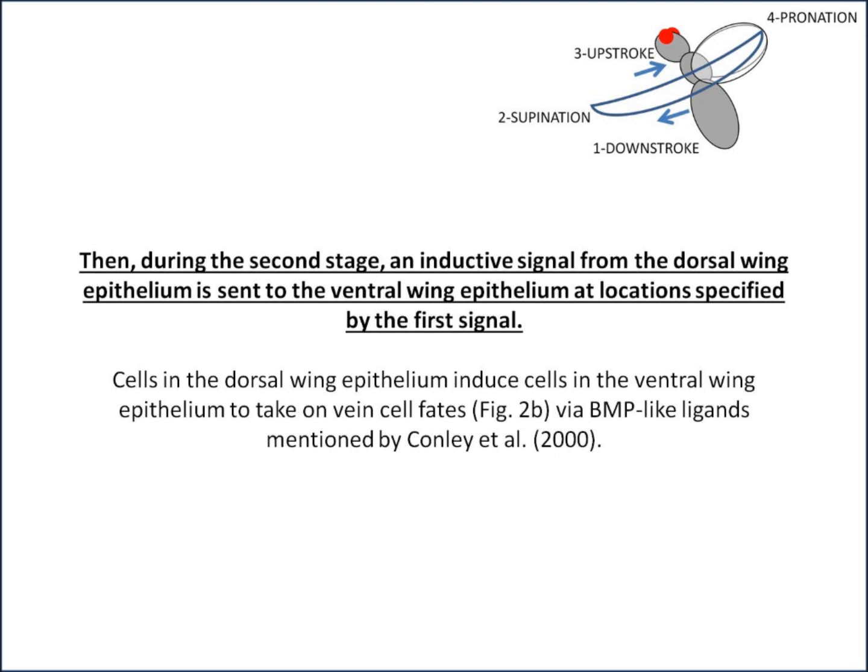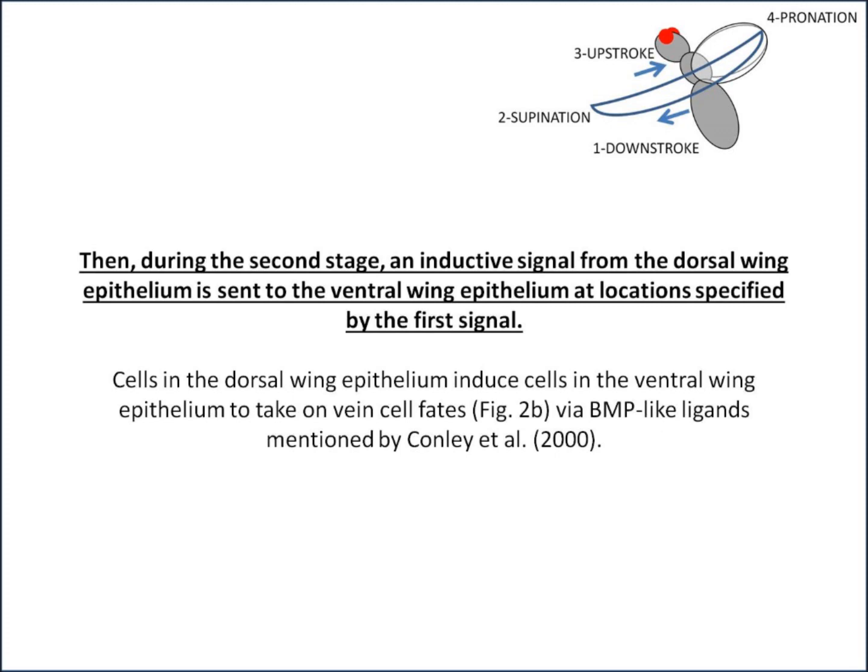So in this phase, the cells that are in the dorsal wing epithelium at these specific positions induce cells on the ventral wing epithelium to take on vein cell fates. And they do this via BMP-like ligands, so BMP signaling. The proof that BMP-like signaling is downstream of location specification lies in manipulations of the DPP and GBB, so decapentaplegic and glass bottom boat. So that they're part of the BMP signaling, and